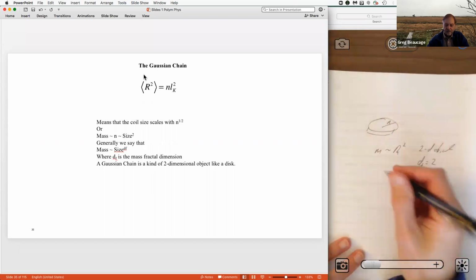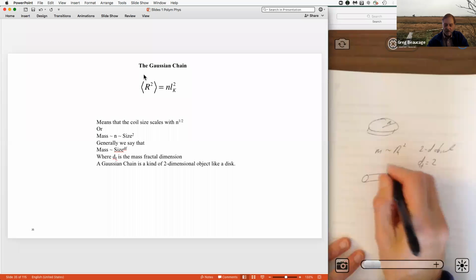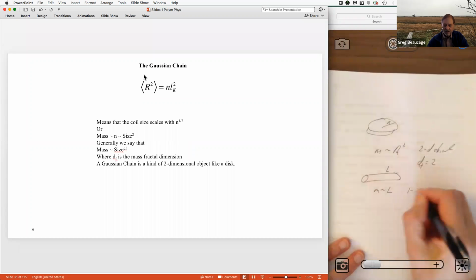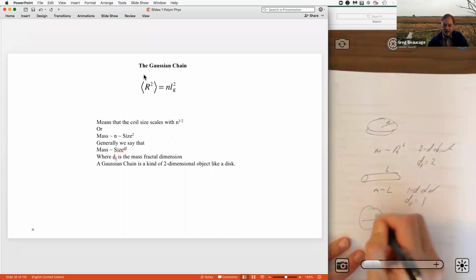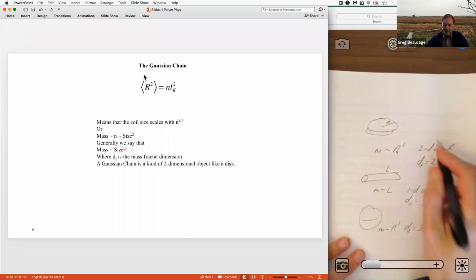And if I have a rod, then the mass of the rod goes with the length. So it's a ballistic object. It's a 1D object. So the fractal dimension of the rod is 1. And if you have some 3D object, then the mass goes with the size cubed, and so df equals 3. So those are called regular objects,